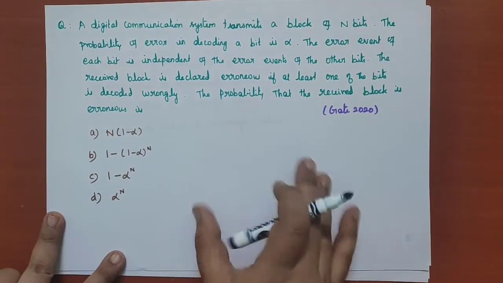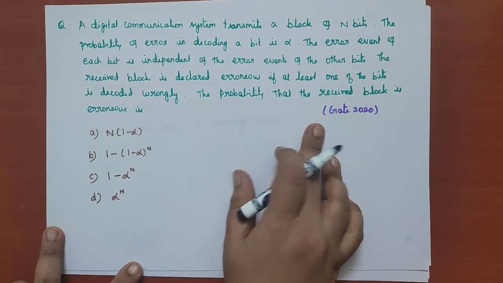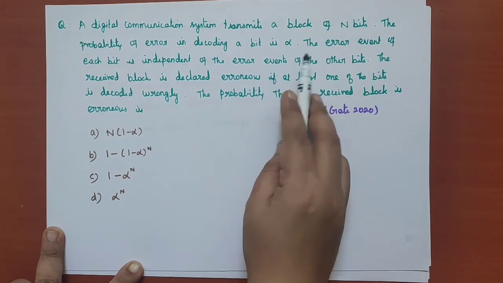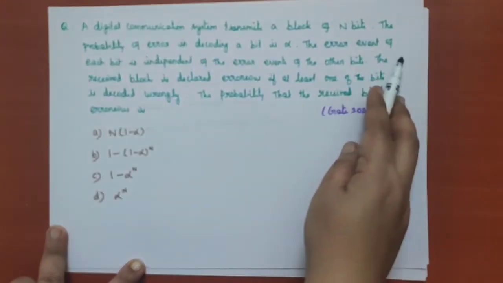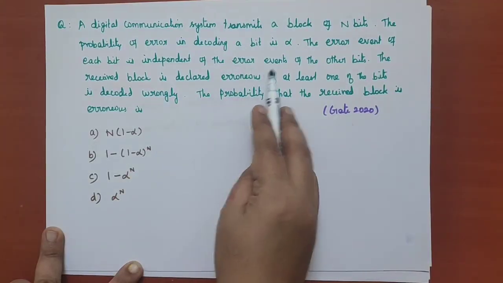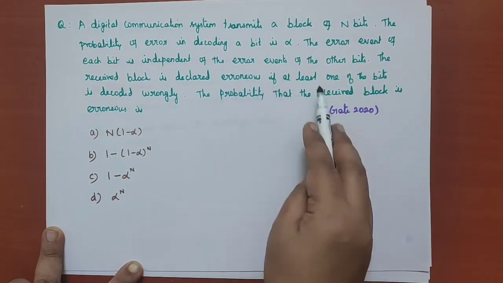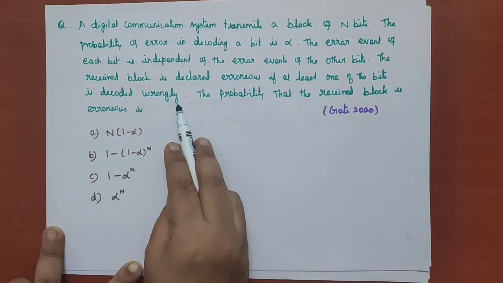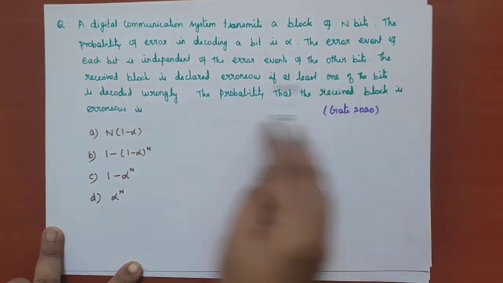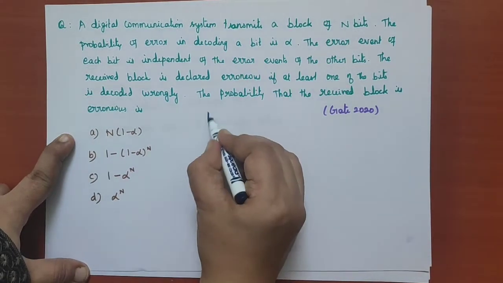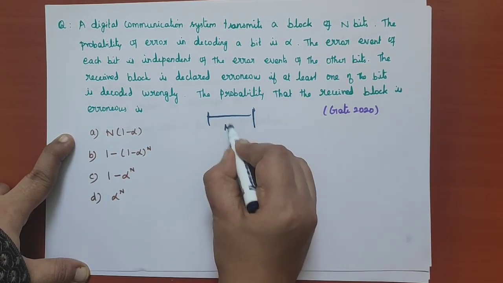The next question is: a digital communication system transmits a block of 9 bits. The probability of error in decoding a bit is alpha. The error event of each bit is independent of the error event of other bits. The received block is declared erroneous if at least one of the bits is decoded wrongly. The probability that the received block is erroneous is, okay,